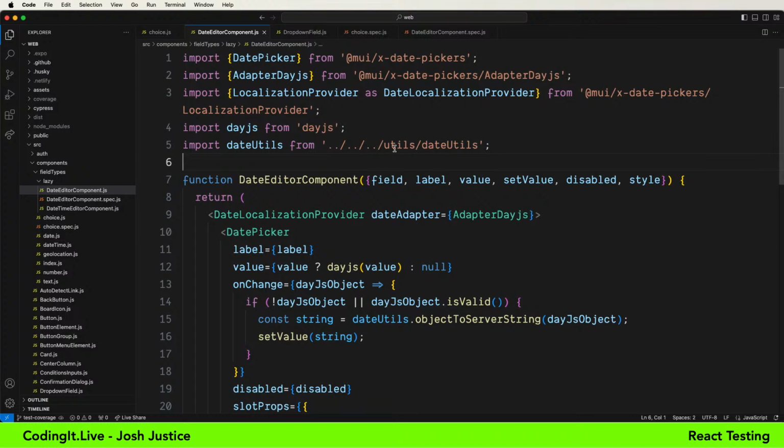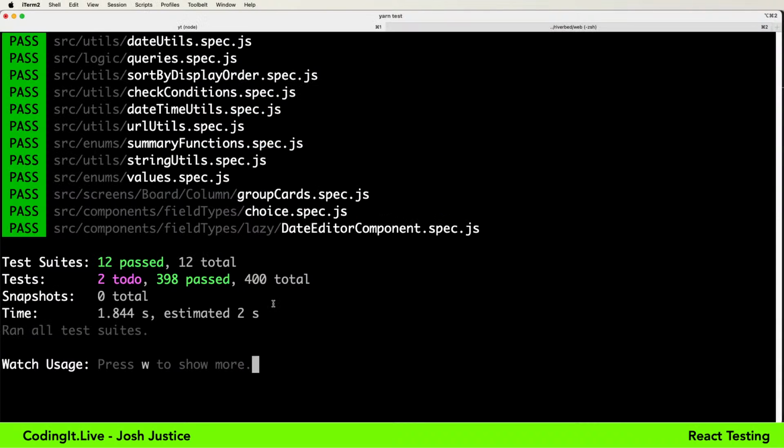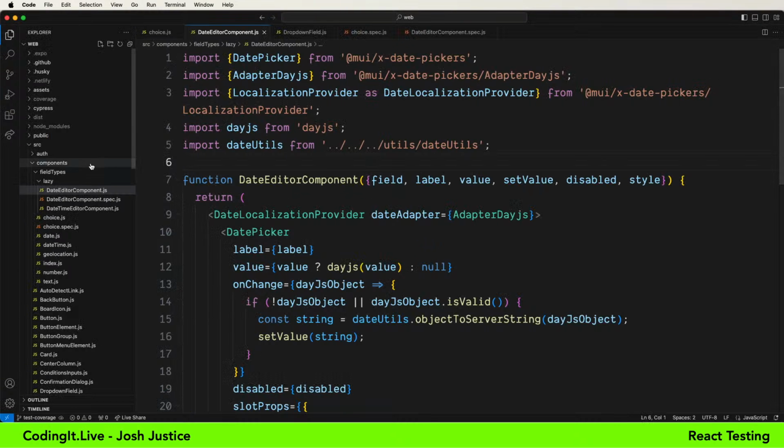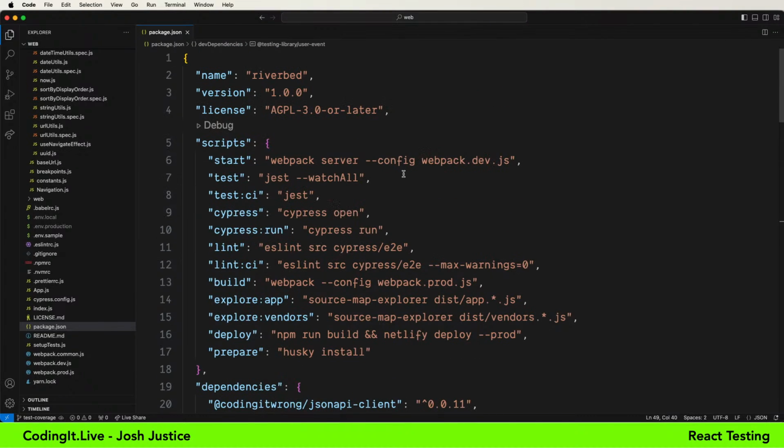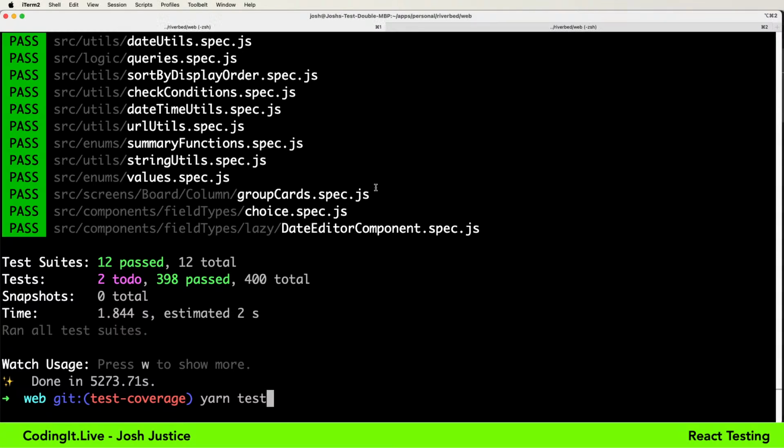Oh, before we end the stream, I should talk about the Jest coverage flag. So if we do yarn test, this helps us confirm how much coverage we have, and maybe we'll find some things that I missed. It'll be very embarrassing for me, which is totally fine. We have our yarn test watch all, but yarn will pass along additional flags as well. So we can say yarn test coverage. This is a flag that's built into Jest by default, and I'm pretty sure it's turned on by default. That's going to do a coverage check of our components, of all of our files. So let's see what happens when I run it, and I may need to drill down into more details.